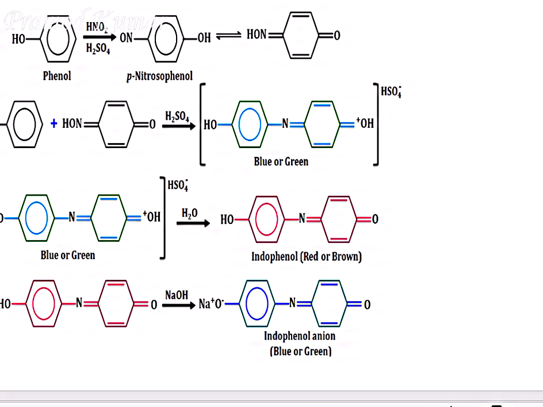Now the same thing, this neutral red colored intermediate, if you treat it with a base, sodium hydroxide, it will get converted into a sodium salt, green colored. So once it gets converted into a phenoxide on the other side, you get a green colored intermediate. So this is in basic medium. So in acidic medium, it will be blue. In neutral, it will be red. And in basic, it will be green colored.